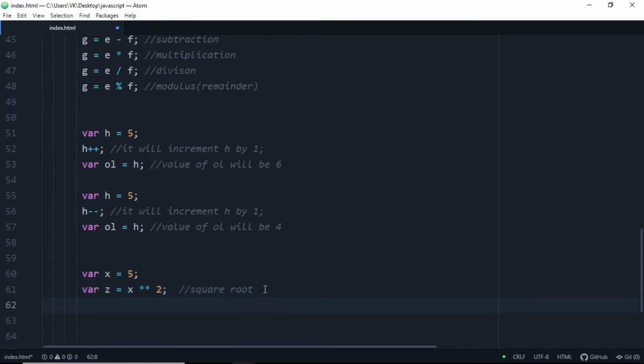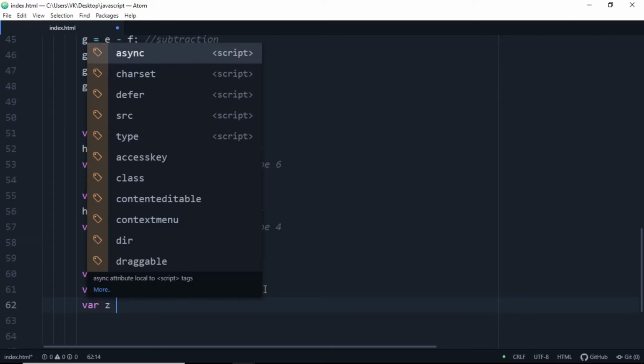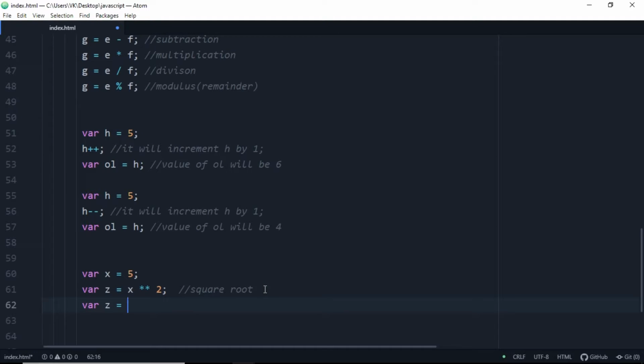So it's like opposite of each of the properties, and it's going to be square, and variable z is equals to, also the another method for doing this, like exponential function, Math.pow, which is a JavaScript function, which is Math.pow x comma y.